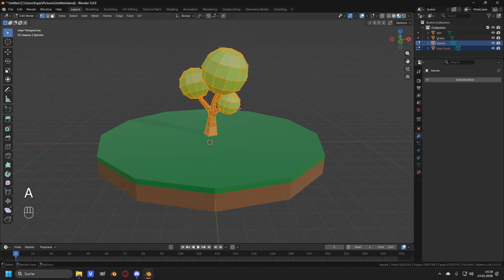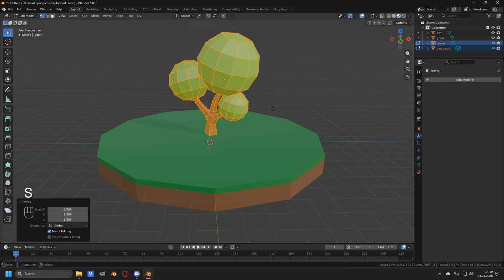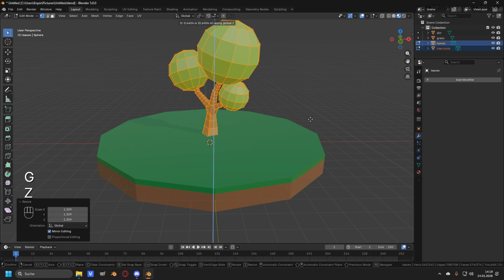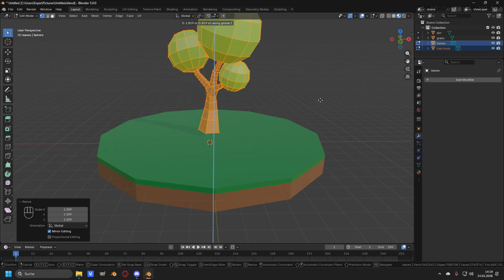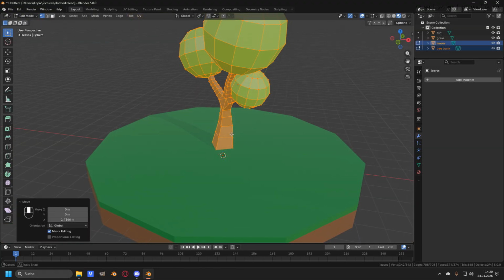Now go ahead and press A to select all, and let's go ahead and press S to scale the tree up to a point around here, and then let's go ahead and press G and Z to move the tree up only on the Z axis to a point around here where it first sticks out of the grass, and then let's go ahead and move this back down until all of the bottom vertices disappear inside of the grass, like this. Then let's go ahead and move the tree a little bit back and to the left side, and